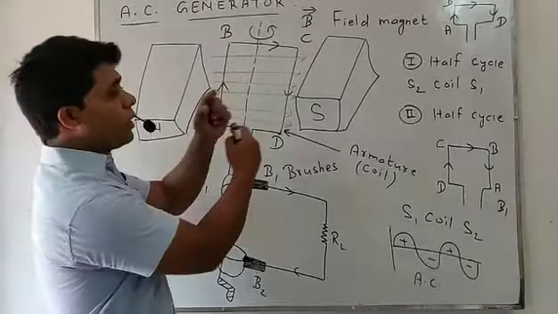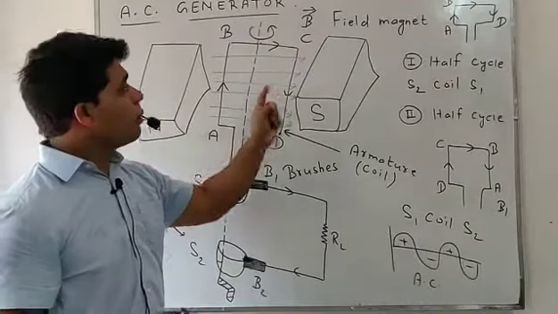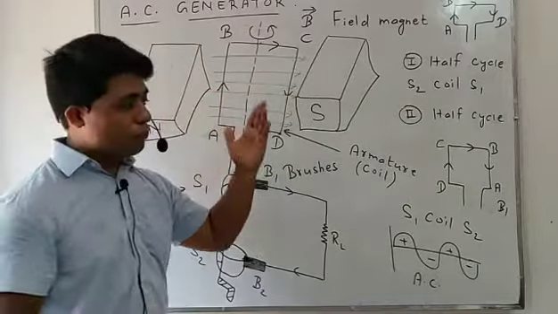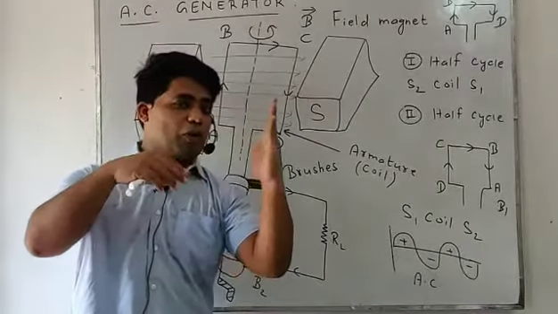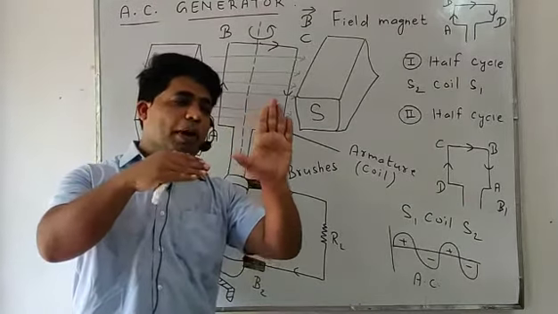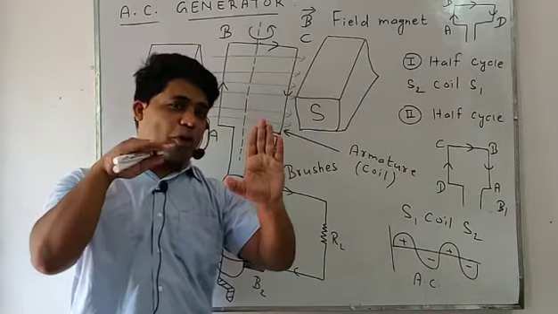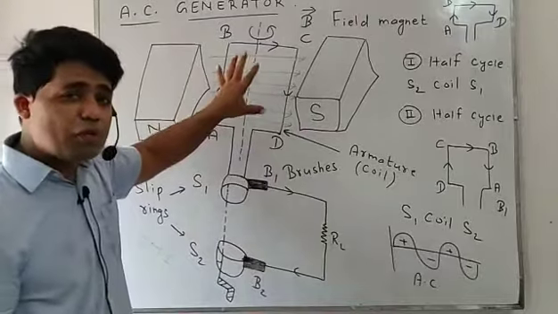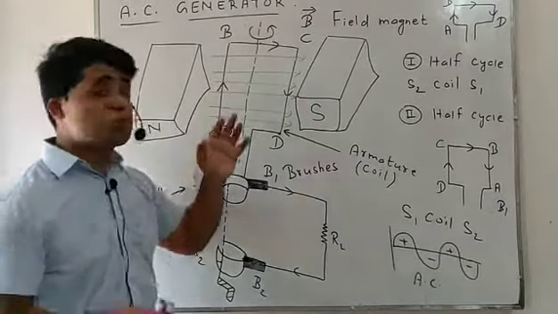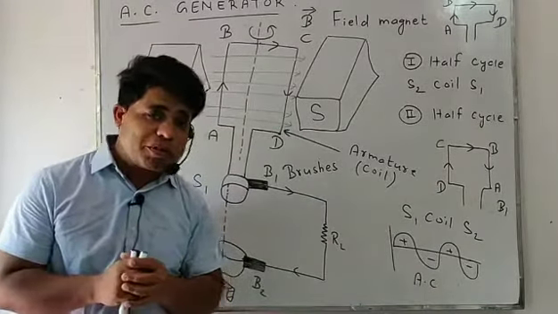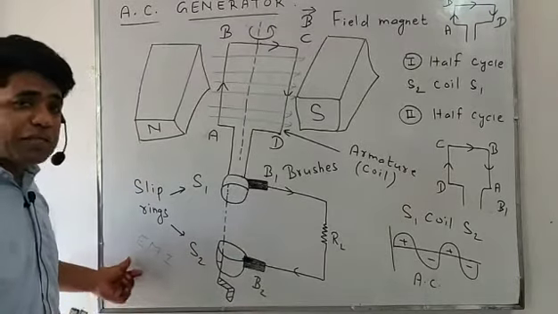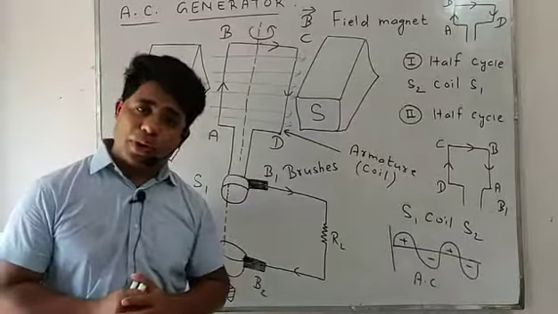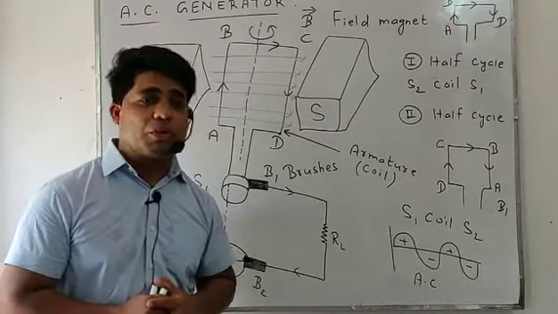When this coil rotates between strong magnetic poles, sometimes the passing flux will be more. When this portion of the coil is in front of the magnet, passing flux will be more, and when this portion comes in front of the magnet, passing flux will be less. Whenever the magnetic flux linked with the coil changes, it produces current and EMF. Such phenomenon is said to be electromagnetic induction, EMI. On that principle it is based. Okay. Now students, we will discuss the working part.